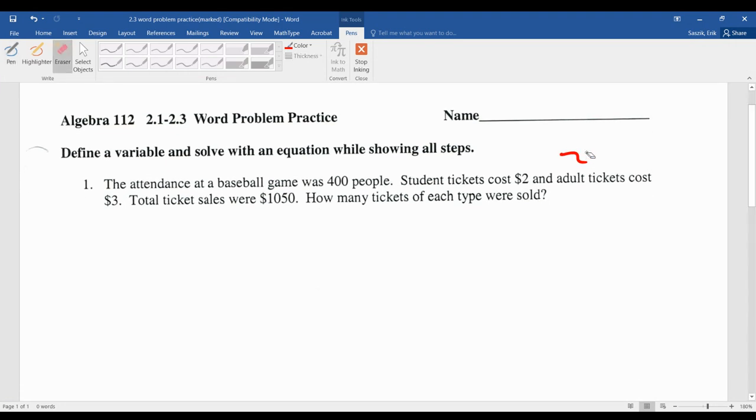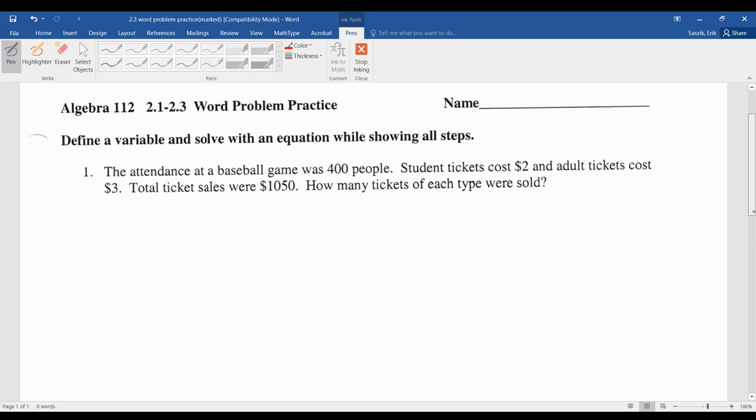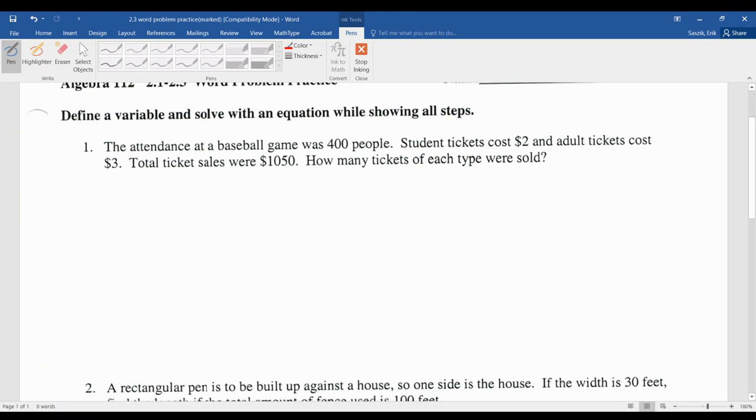So here in this particular problem, again, define the variable for what you don't know anything about. So we have students and adults who went to this game, and we know that the students' tickets cost. We don't know how many students or how many adults went, but we know that 400 total went. So let's just pick one of them. Let's just say X is the number of